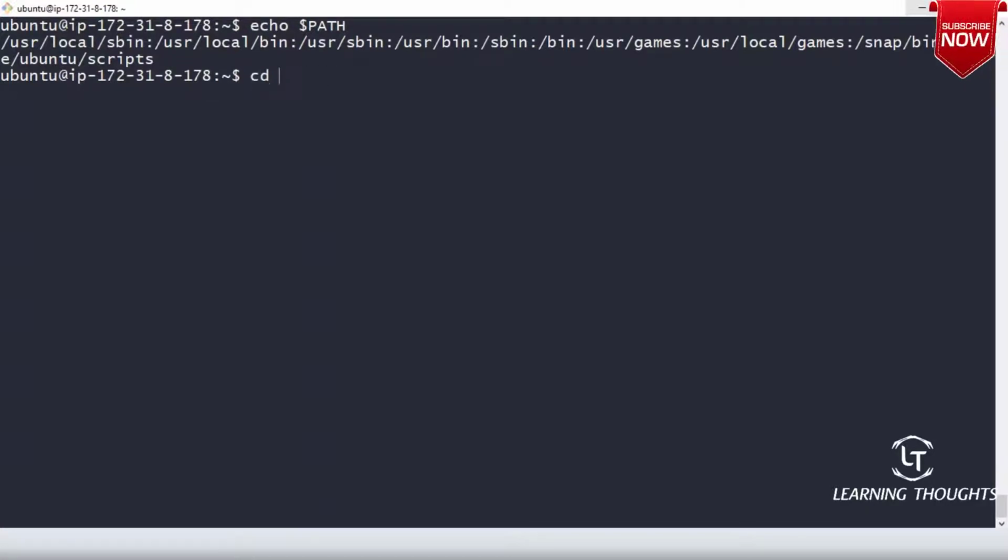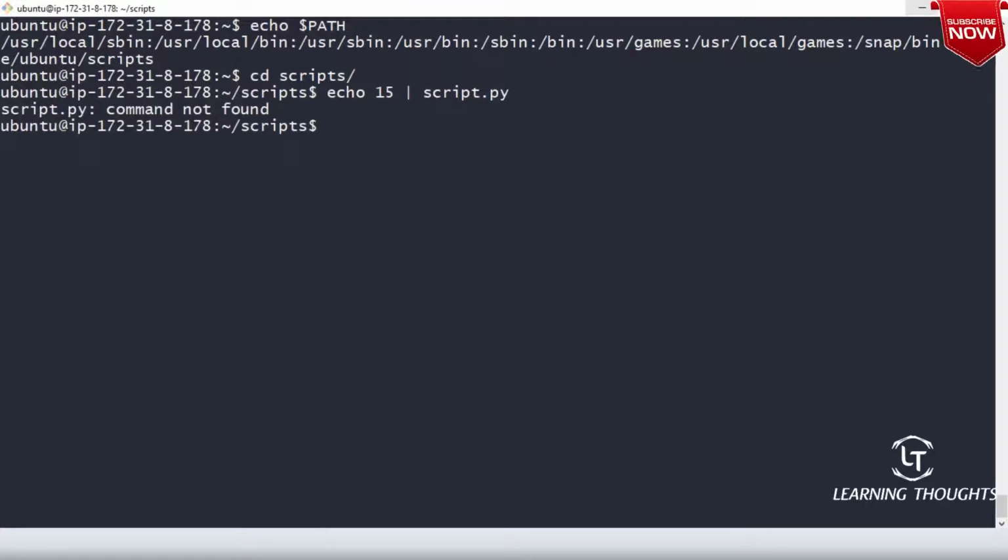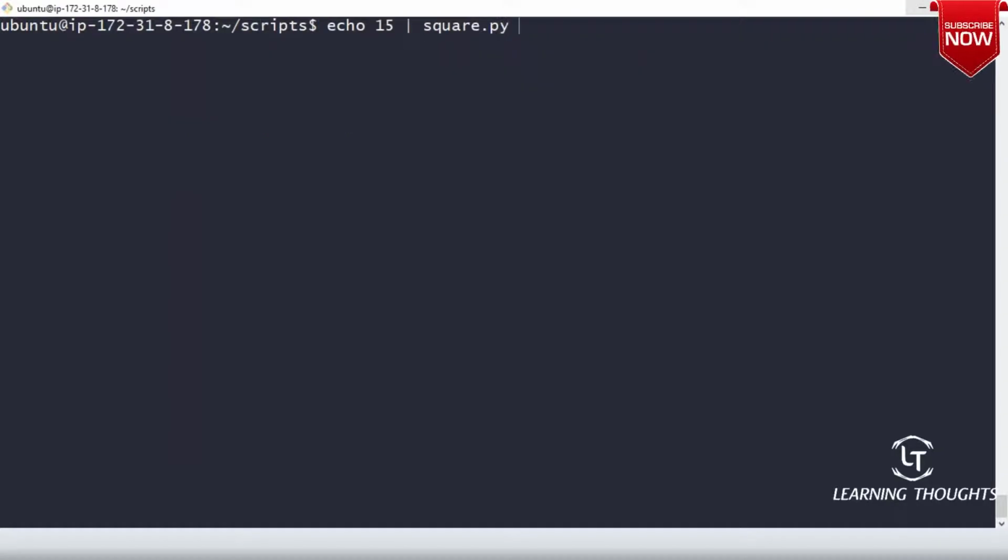Let me get into the scripts folder, and then echo 15 and pass that output to square.py. Am I getting 225?